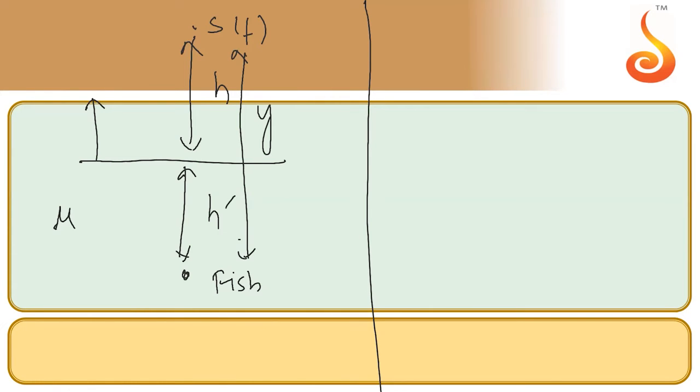Now, this is where the whole beauty of this topic starts from. My dear friends, the fish is in water, h dash is also being measured in water, so y will be equal to h dash. No alteration in that part. But if I ask all of you a question: although the source is in air, the observer, the fish, is in water. So when the light comes from the source to the fish, do you agree with me? There'll be a slight amount of refraction because of change in medium. When the light enters from the source to the fish, because of refraction, there will be slight changes.